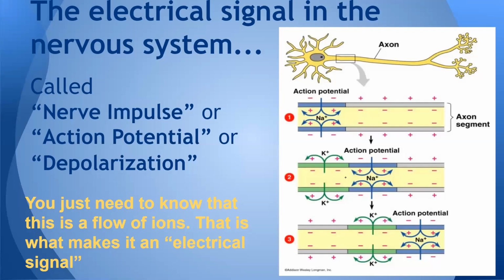So if we look at what that actual action potential looks like biochemistry-wise, we can call that action potential a nerve impulse, an action potential, or depolarization. We're not going to get too deep into how this actually happens. There's some really beautiful biochemistry that involves protein pumps and action potentials and electrical gradients that if you take AP Bio, we get into the gnarly detail of that, and it's really quite beautiful. For this level, we're just going to know that there's a flow of ions from one side of the axon